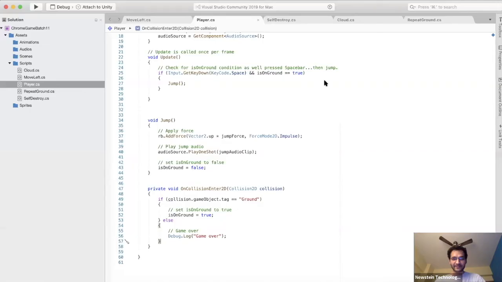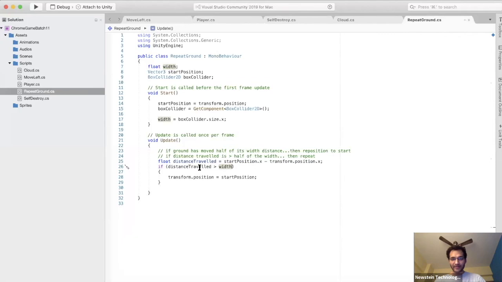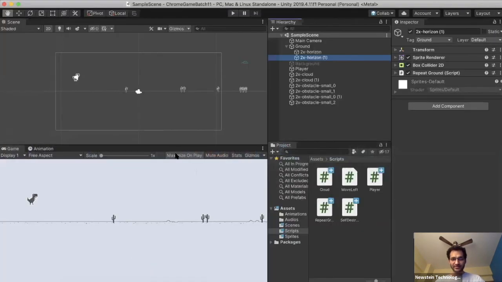So two things I have done. Here I was saying that if the distance traveled is half of the width, I removed the half part. If the distance traveled is more than the width, then repeat. We'll see what is happening, if this is working, if this is the fix of the glitch, if not, then